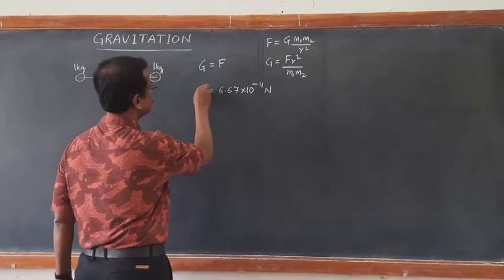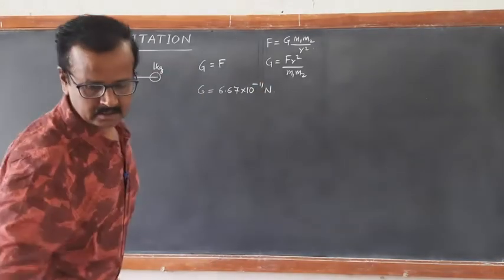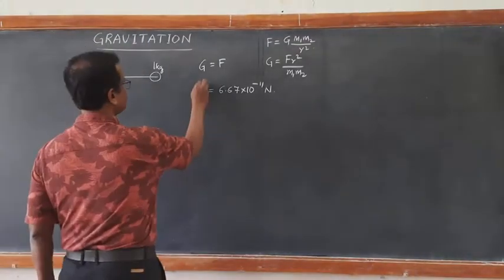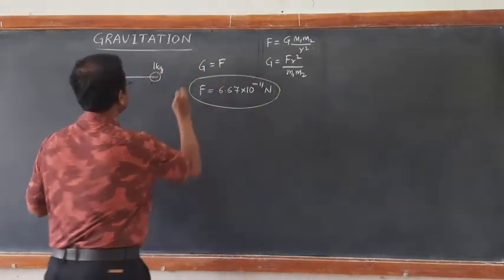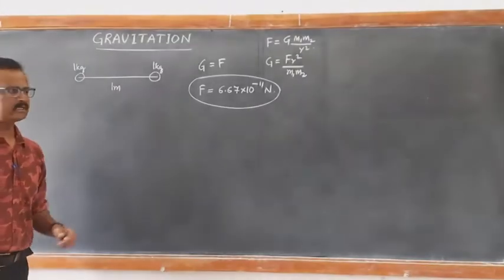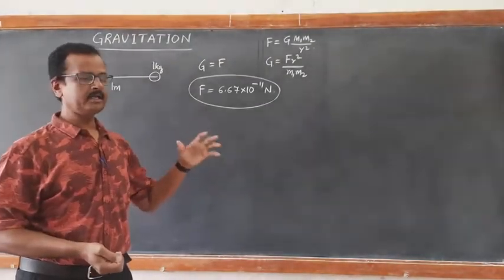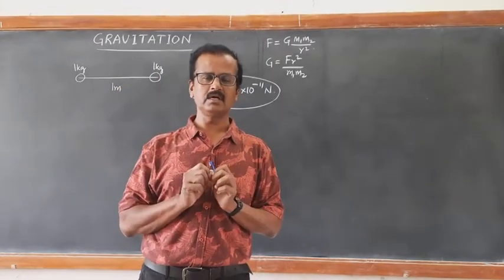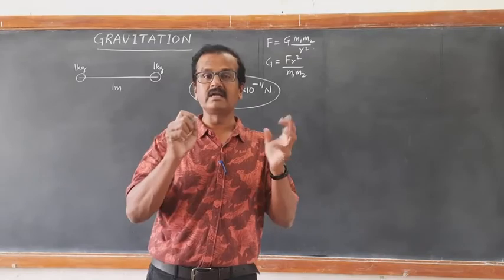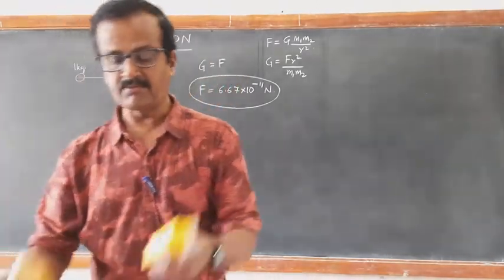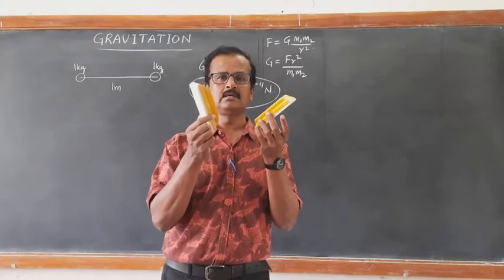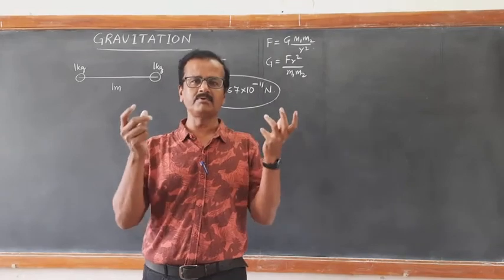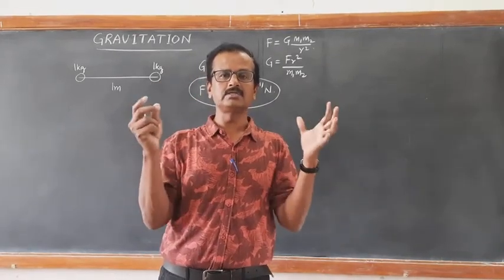So this is the force of attraction between two bodies of 1 kg mass when they are separated by 1 meter distance. You can now think why the gravitational force is not observed under ordinary situations, for objects of ordinary size. We cannot see any force of gravitation between two dusters or between two stones. Let them be of even 100 kg or 1000 kg each, they will not attract each other.